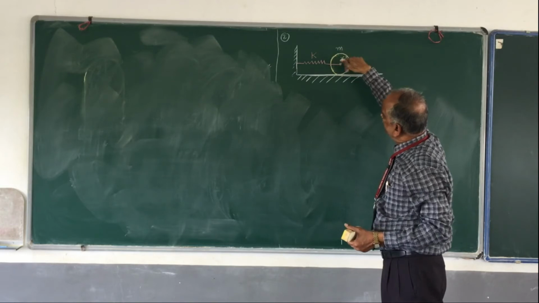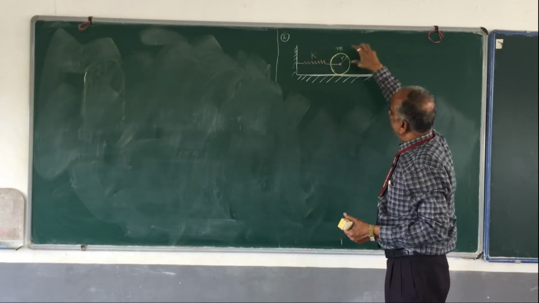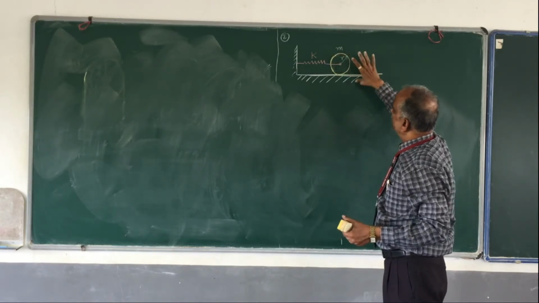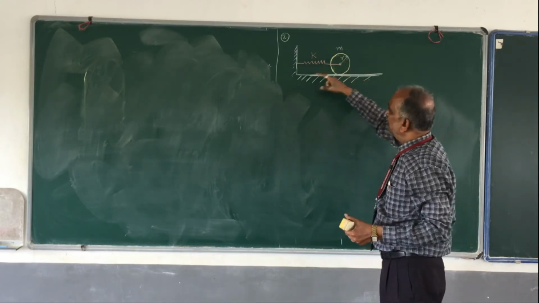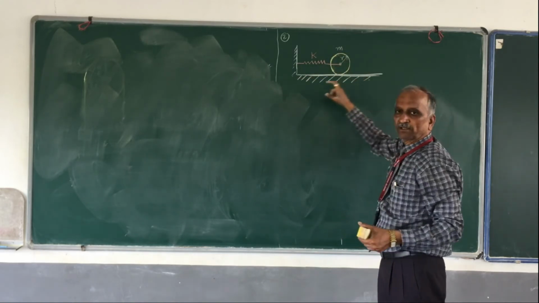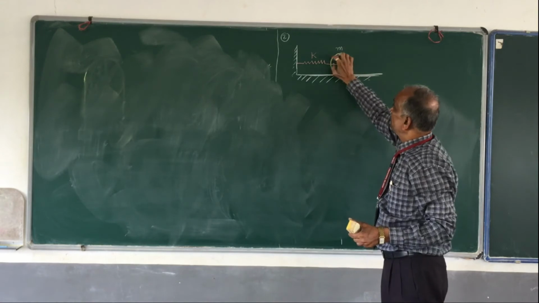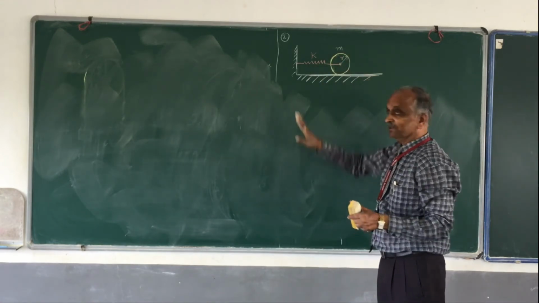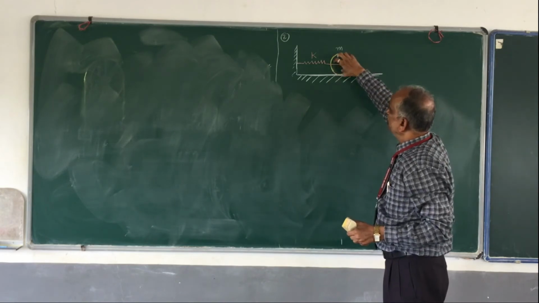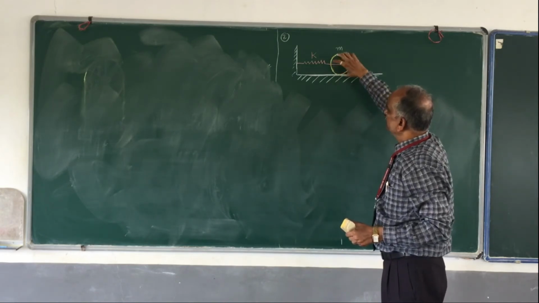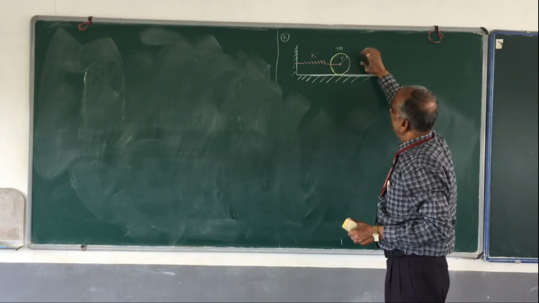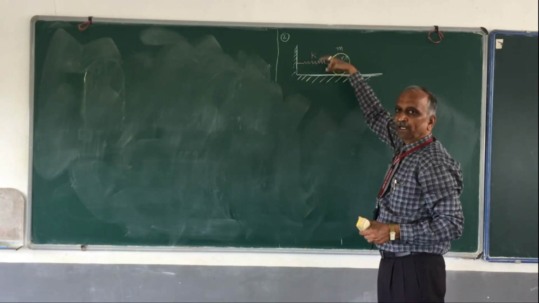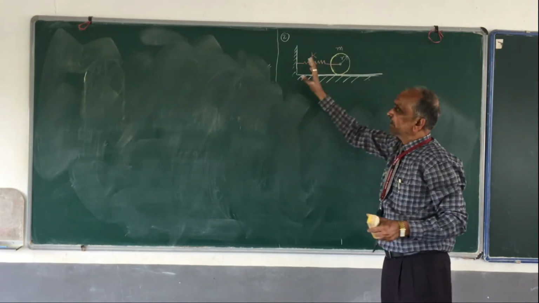This cylinder is allowed to undergo rolling operation. It will roll on this horizontal rough surface. That means it is not going to slide. Please remember, there is no slipping. It undergoes pure rolling motion. That means it rotates, and then it can come here and roll back and go like this. And this is how the